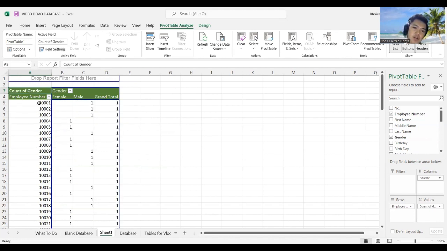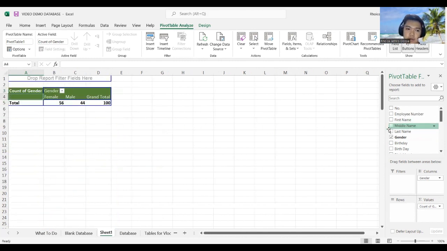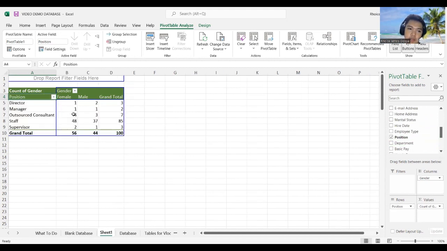So for example, here you can basically count the number of females and males. You can count gender. Also, you can separate them from positions. How many are directors? How many are managers? How many are outsourced consultant? What are the genders of the outsourced consultant? You can also type